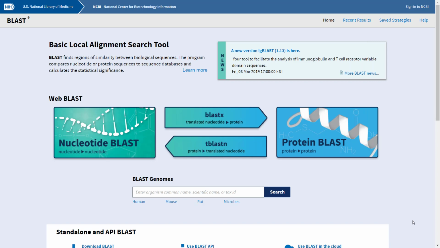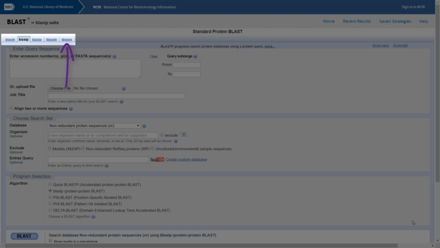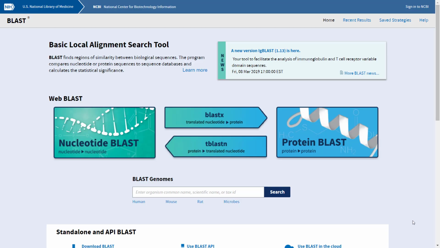This option is not available from the BLAST main page, but can be reached via each one of the BLAST running program pages at the upper tabs. Please note that in general, if we have both the nucleotide and the protein sequences of the same gene, it is better to perform a protein sequence search than a nucleotide sequence search, as the former is usually more sensitive.